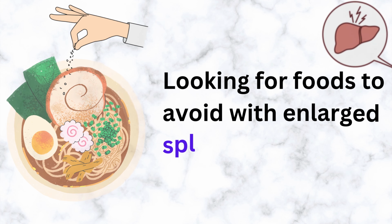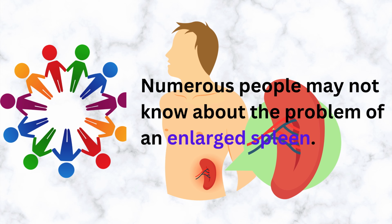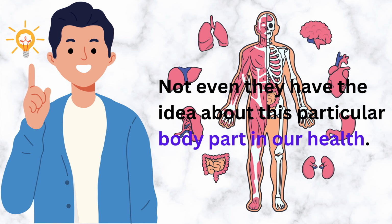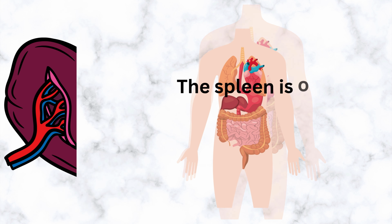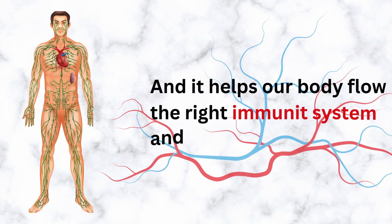Looking for foods to avoid with enlarged spleen and liver. Numerous people may not know about the problem of an enlarged spleen. Not even they have the idea about this particular body part in our health. The spleen is one of the most significant body parts, and it helps our body flow the right immunity system